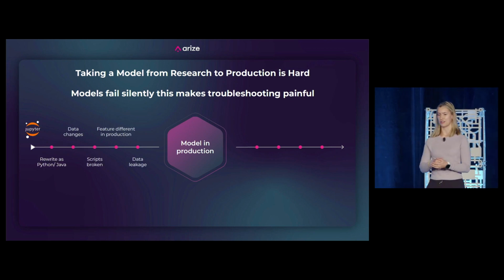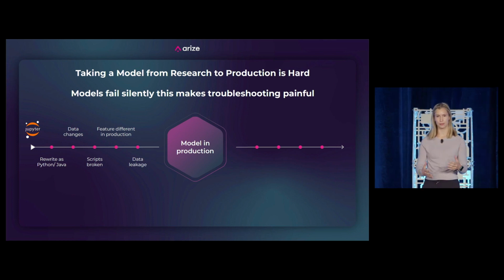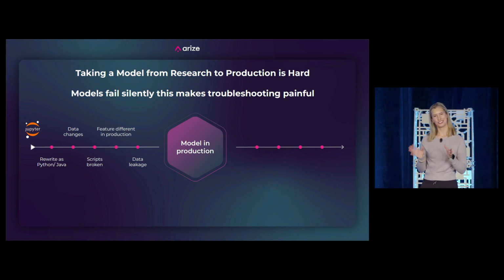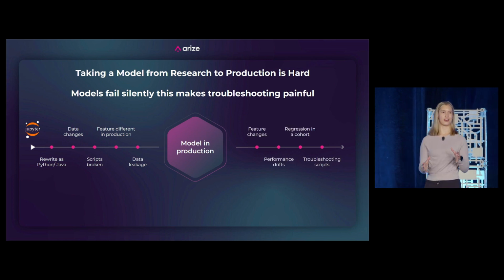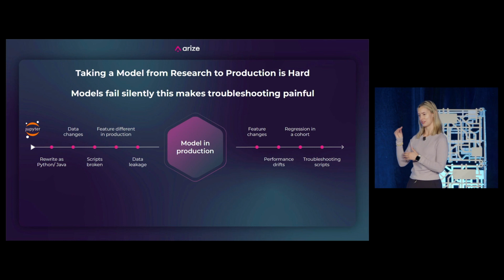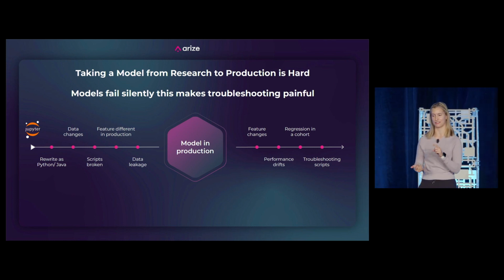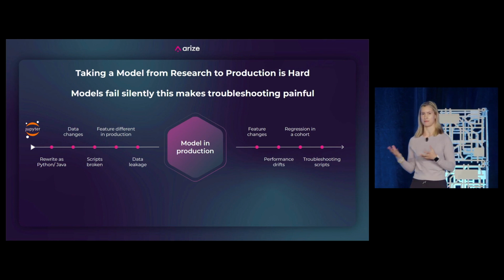At the start, you're accounting for data leakage, you're building your script, you're using your training data, you're doing the experimentations, you're doing everything, and then you put it in production. As long as you're not putting it into production on a Friday night, you should be good, right? You should be able to start seeing what's going on, but there's still so much that you have to look out for. You have to look out for drift, you have to look out for performance drifts, and you have to try to be able to resolve these in a timely manner.